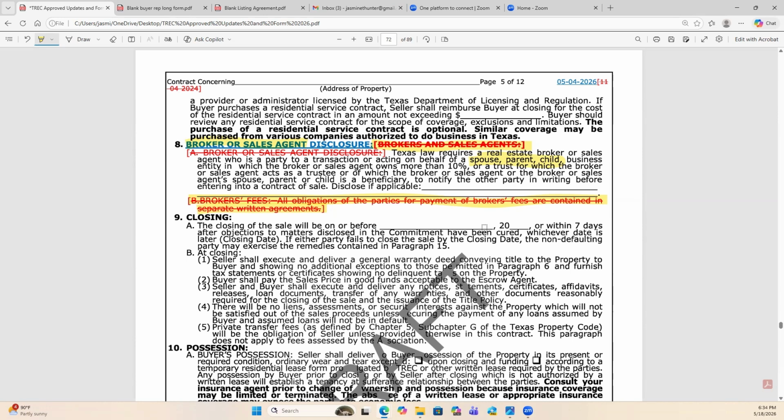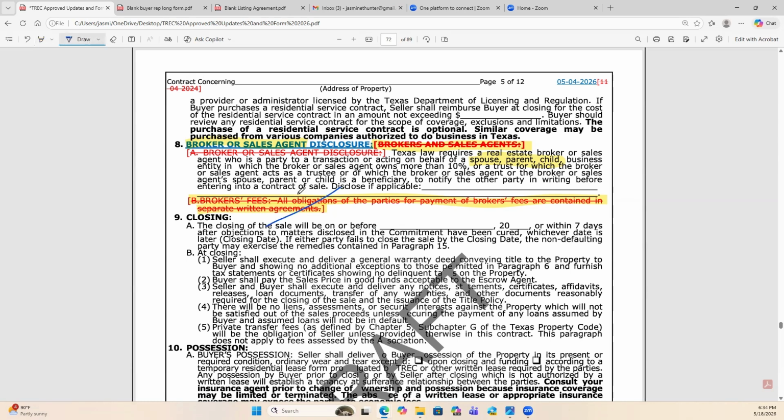Think to yourself really hard, what separate written agreements do we have that discuss broker compensation? That would be your buyer representation agreement, and that would be your listing agreement. Those two documents have the information that contain in writing what these fees are and the obligations as to who has to pay them. But this is your first indication. They'll go look at those two documents to figure out who gets this money and how it gets paid. Okay. They have removed this.